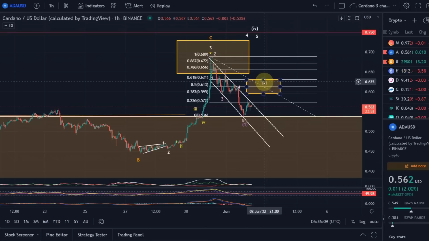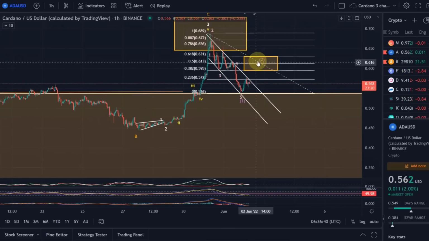This is where I would now expect the wave 2 to land before we come down lower in a wave 3. And we're going to observe this today. So these are the key levels: the 38.2% fib level at 59.5 cents, the 50% at 61.3, and the 61.8 at 63.1. Don't get me wrong, a wave 2 can also retrace higher, but this is the area with the highest likelihood. Especially the 50% I would pay a lot of attention to. And when we then move out of the target area to the downside again, that would indicate that the wave 3 has started, and that would be eventually confirmed if we break below 53.7 cents here.